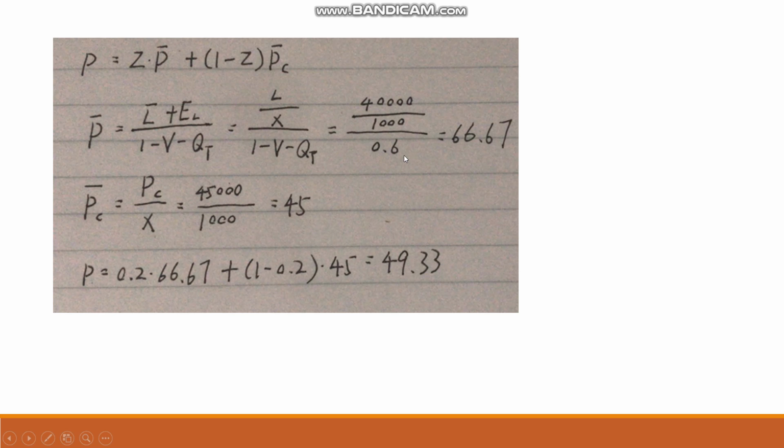So we can obtain the average premium, which is 66.67. And the premium at current rates is calculated by the current premium over the number of exposures,